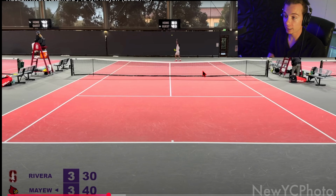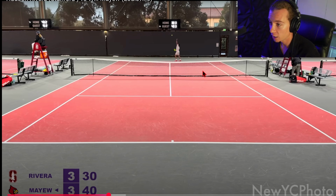Don't just be out there like, this is... if you're looking for another level. If you're satisfied with your level, just do what you have been doing, right? But if you're watching this, you probably want to get to that next level, right? So what that means is, are you maxing out the energy that you can have on court? And are you putting in the hard work every point, which is not just what you're doing when you're running